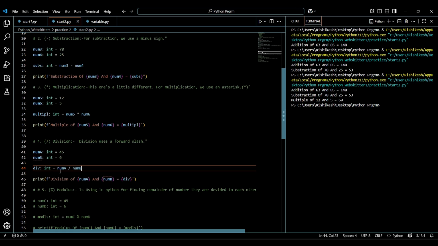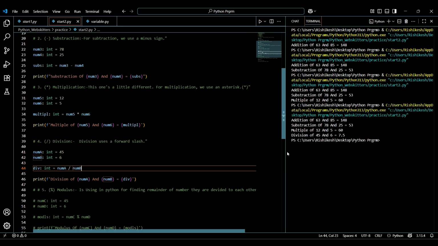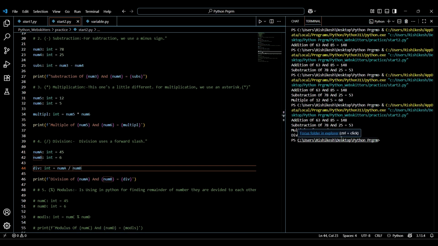We write num a, forward slash, num b, and print the value of the division. Let's run our Python file. It shows 45 divided by 6, which is 7.5, printed here.